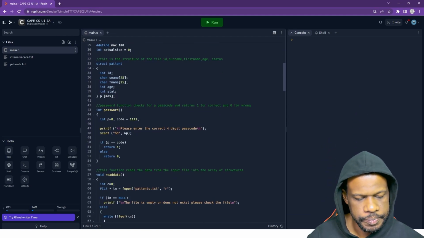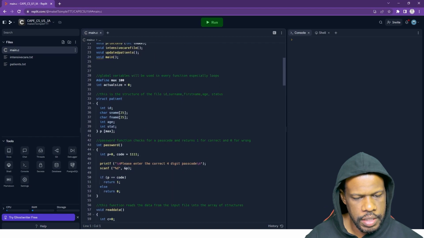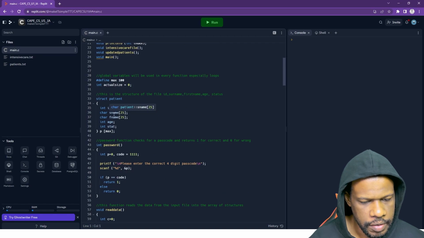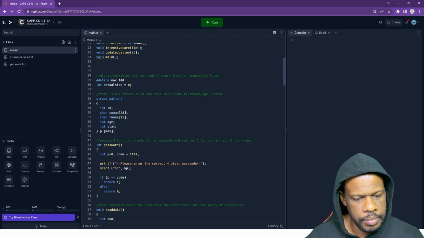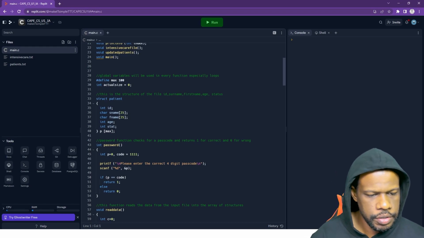Yeah, right. Okay. So in my code, I have a structure that just has the information about a patient. So I have ID, surname, first name, age, and status. So all I want to do,